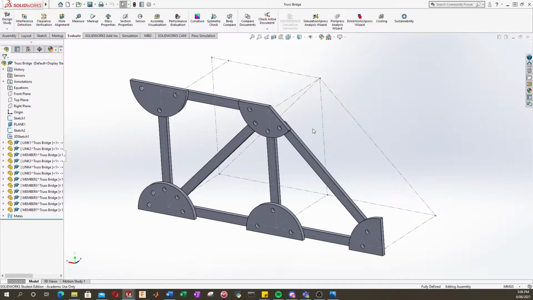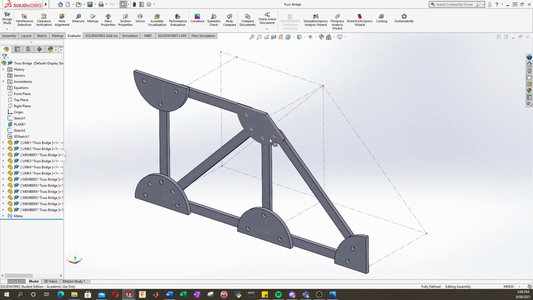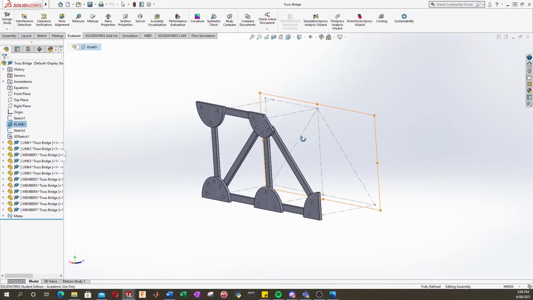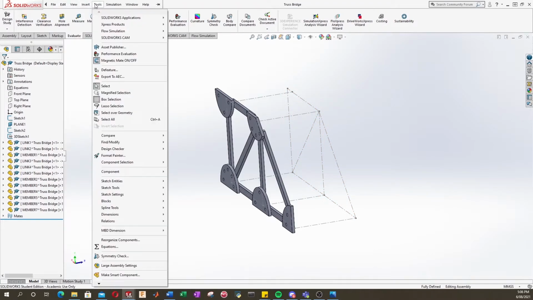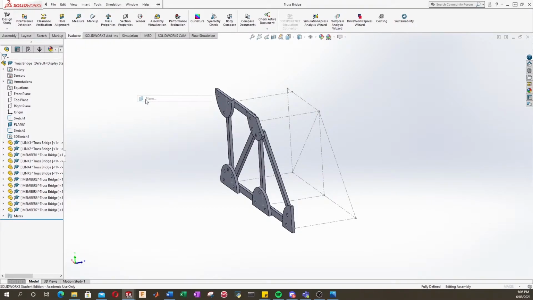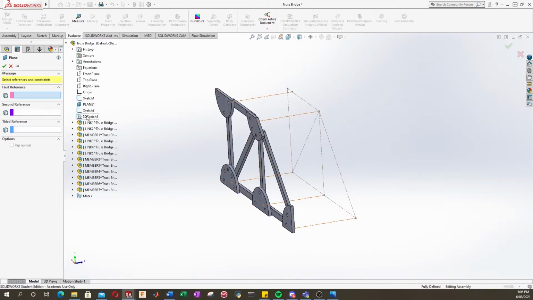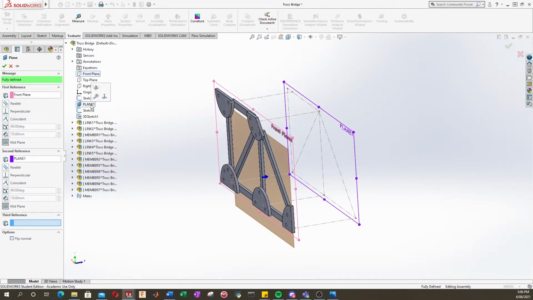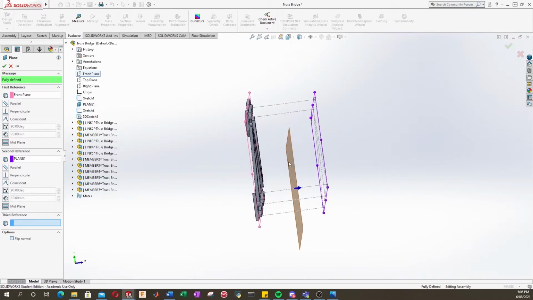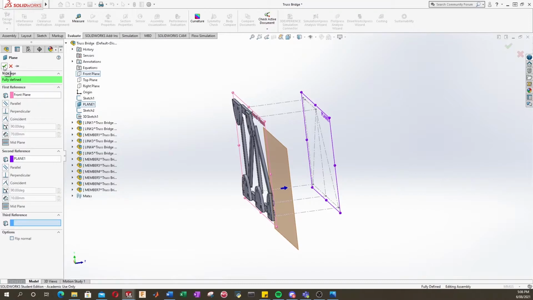So now we're going to mirror these parts. So earlier on in the previous videos, we created a plane to draw our truss off. So what we need to do now is create another plane. So we'll go to File, Insert, Reference Geometry Plane. Now our first reference is going to be our front plane that we sketched all our parts on. And now our second reference is going to be that plane that we created earlier, plane 1. And so that's going to set up a mid plane for us that's fully defined. So now we can just click the green tick,